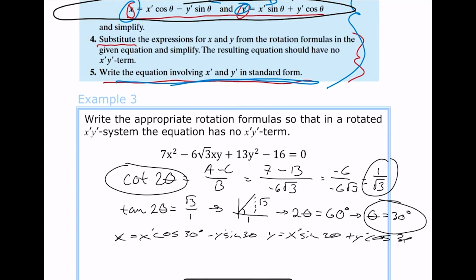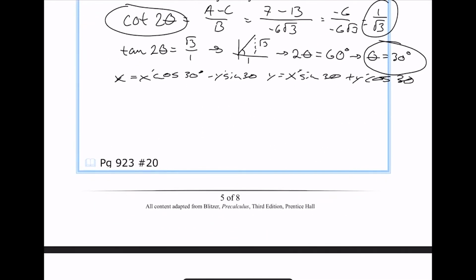So cleaning those up and evaluating at the same time, x is equal to x prime cosine of 30 degrees. Cosine is adjacent over hypotenuse, so that is root 3 over 2. Don't forget the multiple of x prime, minus sine of 30 degrees is 1/2. Don't forget the y prime. Next equation, y equals sine of 30, we said is 1/2, this time times the x prime, plus root 3 over 2 times y prime. These are the rotation equations, and we're going to use those